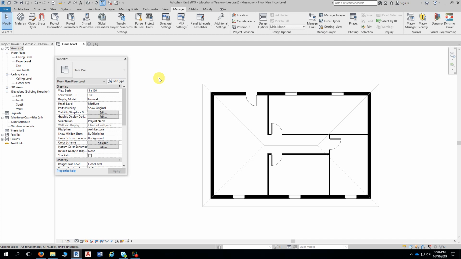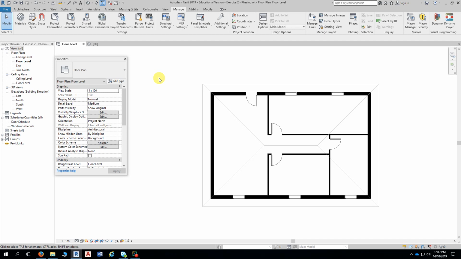Okay, that's normal. So you can see the appearance of our building has now changed. All right, and it's changed because this is now deemed the existing building, so it's sent back in